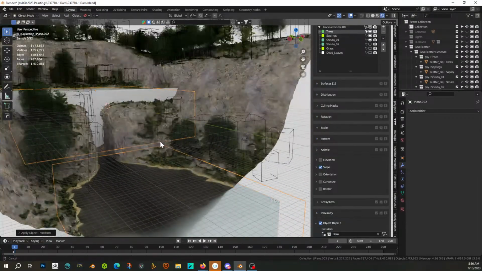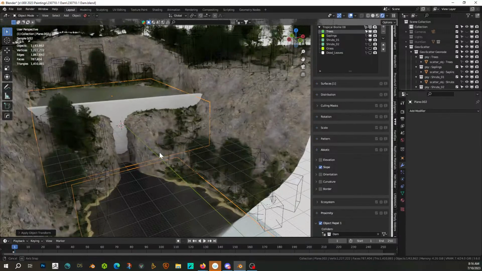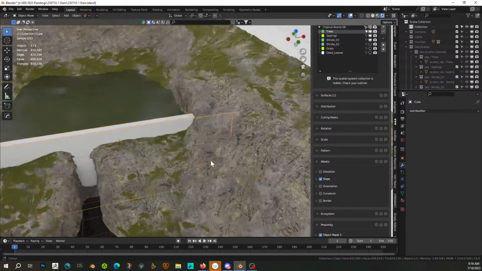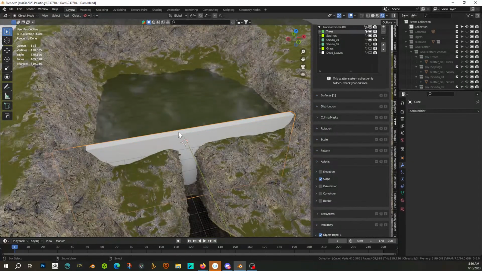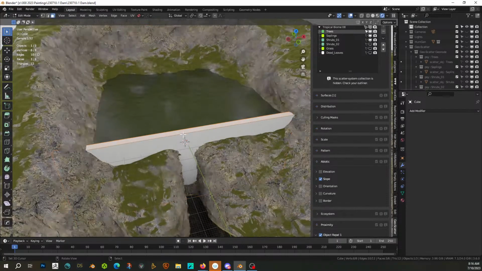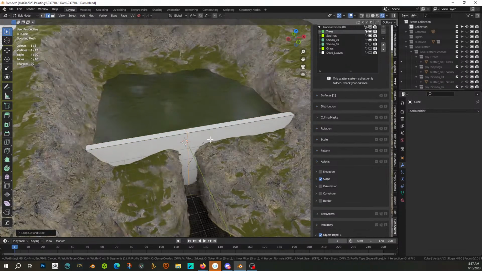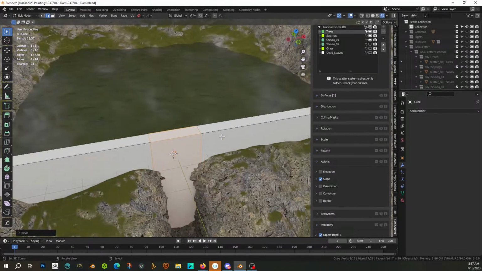So I'm just kind of looking at them, seeing what I like about it, what I don't like about it. And I'm going to turn off geo-scatter for right now, just so I can adjust my dam easier. Look at that. Control A, rotation and scale, and tab. Control R. I'm just going to create it down the center, and that looks like we got it nice down the center. Give it a big space like that. Okay, that's the center part of our dam, and then let's add 1, 2, 3, 4, 5 on that side,